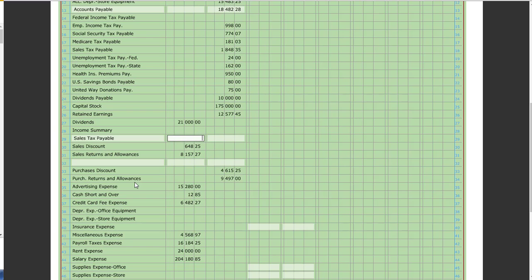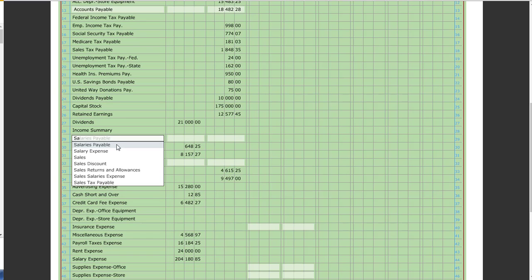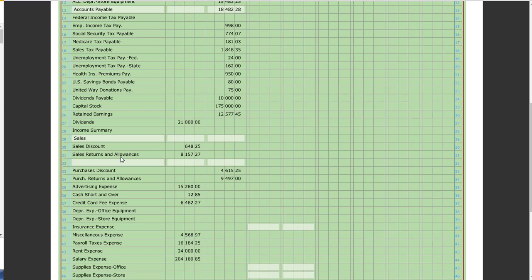Okay. Revenue has what for normal balance, debit or credit? Thank you. So sales has a credit normal balance of $845,